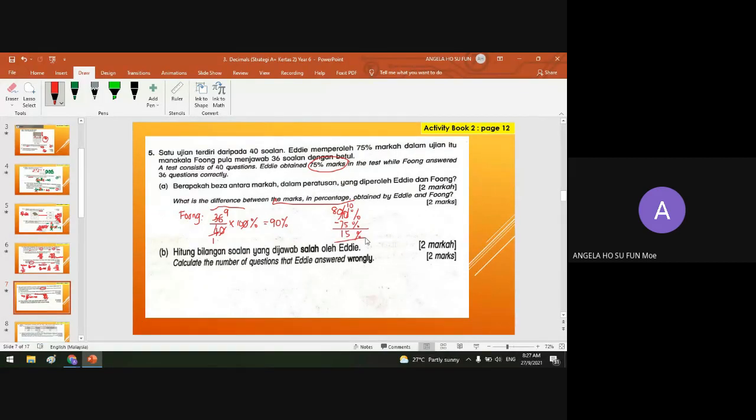So the difference between AD and Fong's marks is 15%. Marks in percentage, so 15%. Right? Now B,